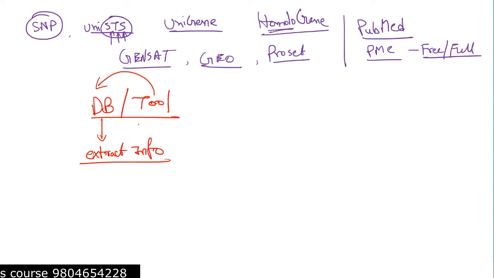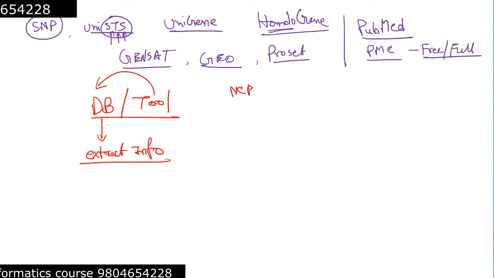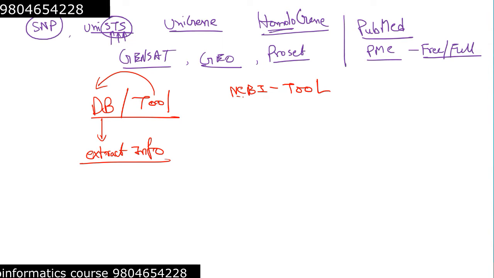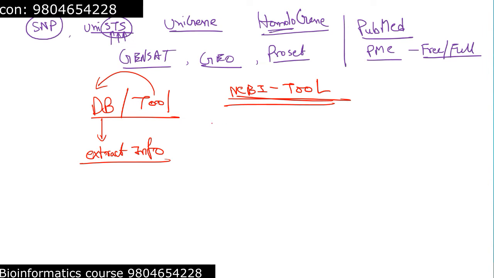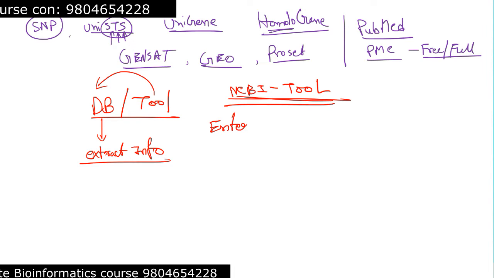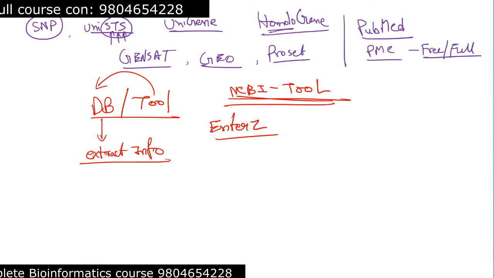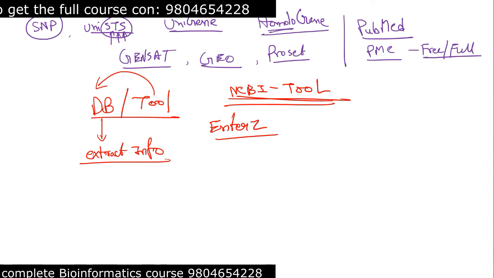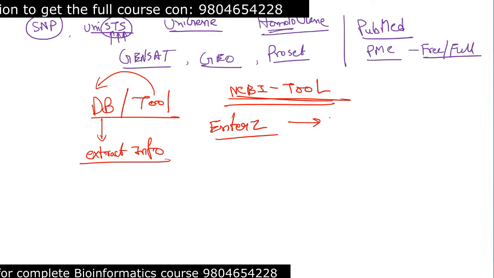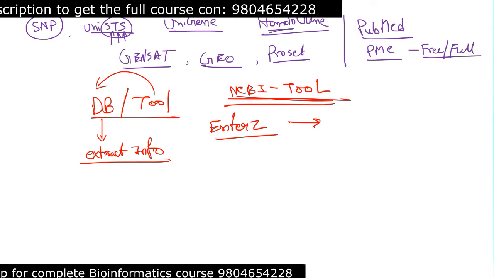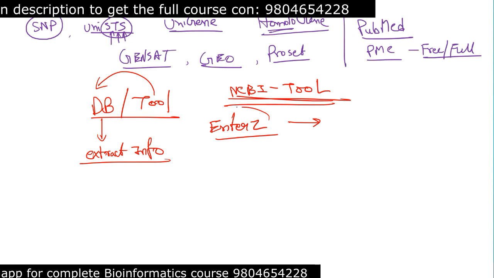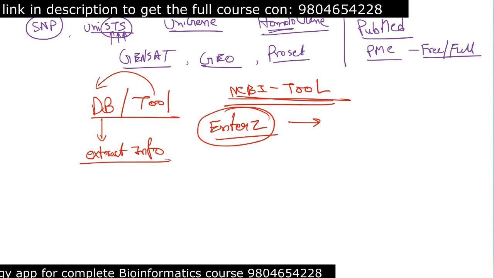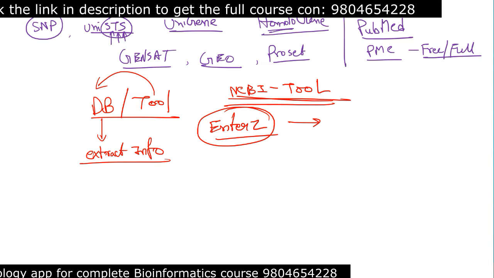So for example, what is an example of a tool of NCBI? These are all databases of NCBI, right? So what is the tool of NCBI? Let me write NCBI tool, and what we'll find is Entrez. Whenever you open the NCBI website, you'll see this term Entrez, which is an integrated information database retrieval system. So basically it's a database retrieval system. With Entrez we can get information out of any database under NCBI,